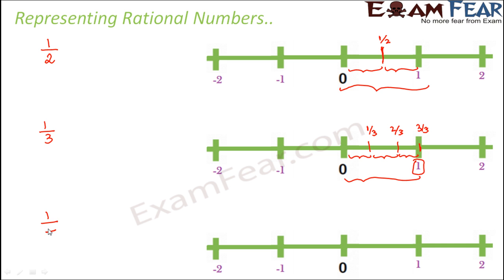Let's talk about 1 by 4. So 1 by 4 again lies between 0 and 1. How do we know it? Here we will divide it into 4 equal parts. So you see 1, 2, 3 and 4. So these are 4 equal parts. So 1 part out of 4 parts. So this is 1 by 4. So this is the exact location of 1 by 4. So this is the pattern by which we can actually precisely tell where exactly a rational number lies on a number line. At least with these examples, you got to know that even though we do not directly see the rational numbers on a number line, still they are also there.